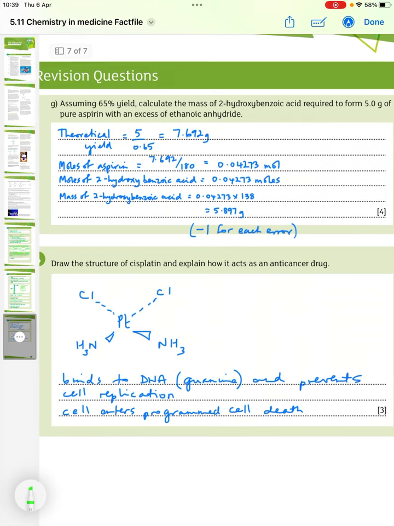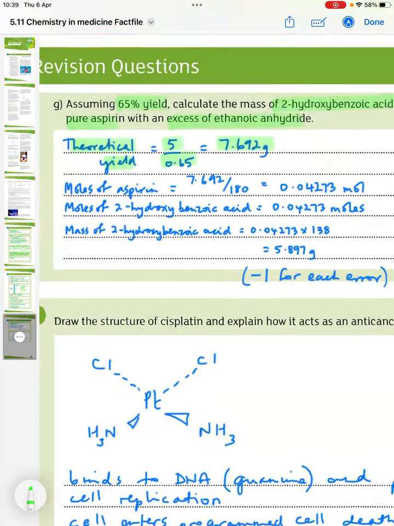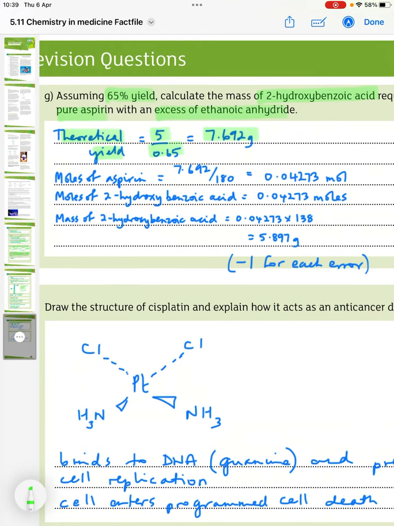Next little calculation. Assuming 65% yield, calculate the mass of 2-hydroxybenzoic acid required to form 5 grams of pure aspirin with an excess of the anhydride. So our theoretical yield then, we've got 5 grams to start with, and that's divided by 0.65, which is 65%, which is 7.692 grams. So sorry, that was for aspirin. So then the mass of the aspirin,